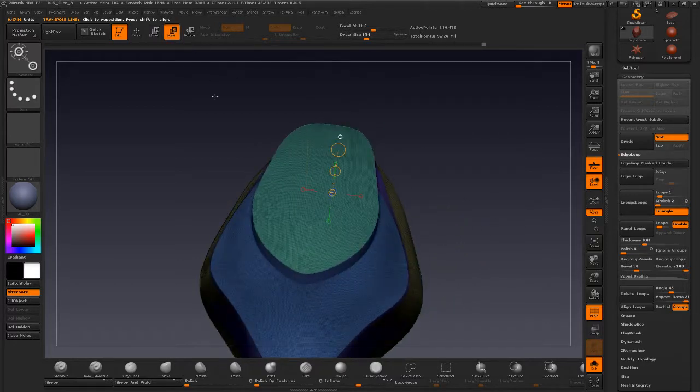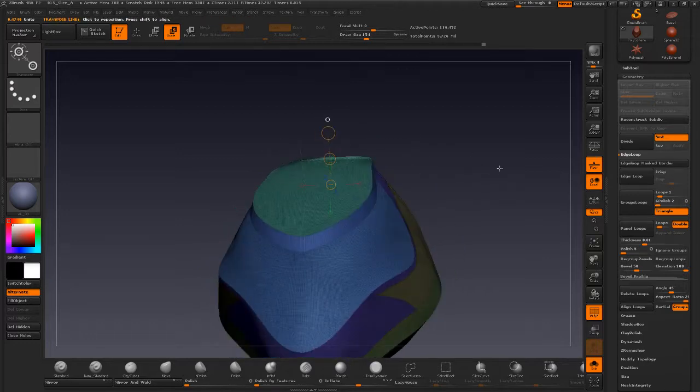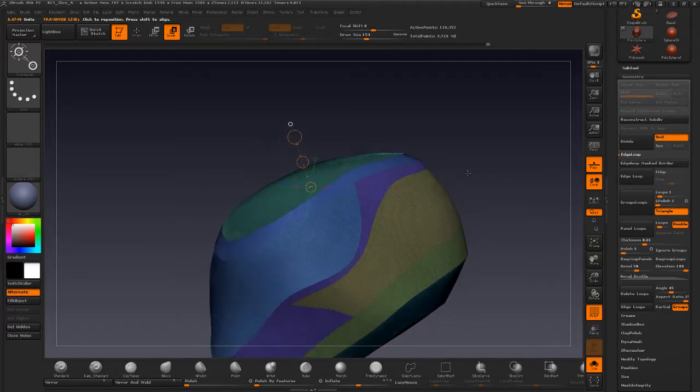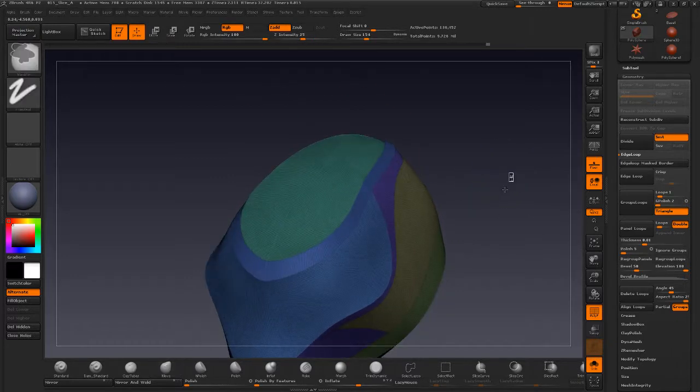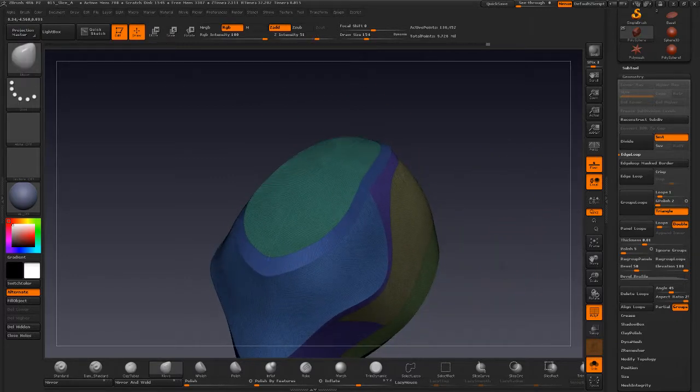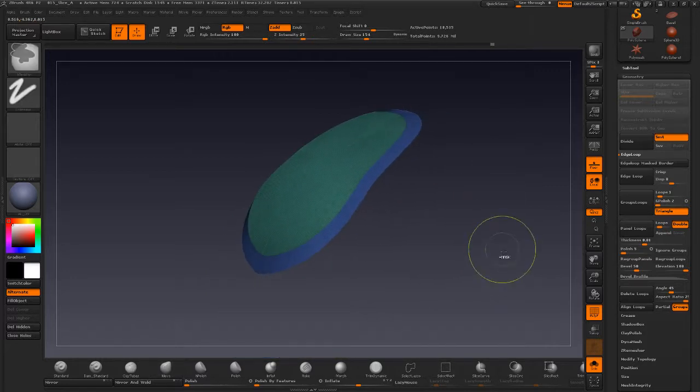So again, we can put it on scale and just take this little section here, scale that down, and we'll make sure it looks cool from all different angles like this. And I think that looks pretty good. Now we can get rid of our mask, and I really only want to work on this surface and this surface, and so I'm going to mask that,